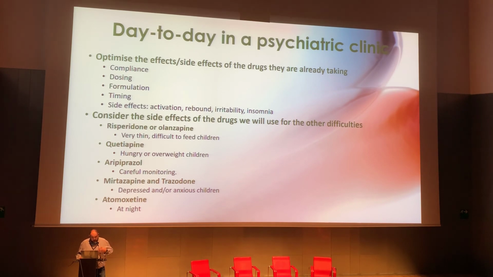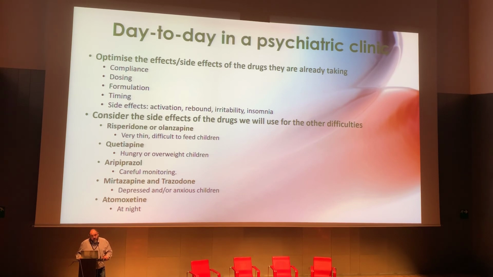So my advice: if you have a child that is overweight or has a lot of hunger, then use quetiapine. It's possible to use the slow release one, or taken at night. If you have a child that is thin or is difficult to feed, then use risperidone and olanzapine, which increase the appetite, and also if they are using this medication for other things. If you use aripiprazole, monitor it carefully, because aripiprazole sometimes helps us sleep, sometimes doesn't, and interferes. But we don't know beforehand which one is which.